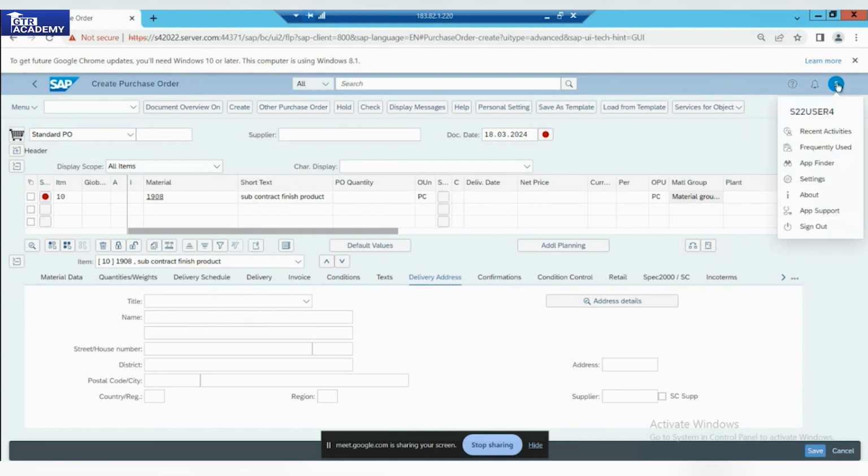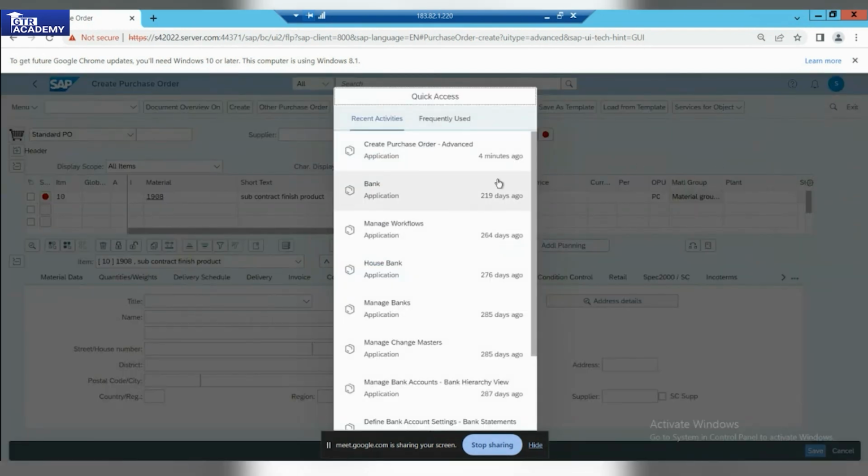Next comes all these settings. You have different settings. You can also go to recent activities. Let's say a user comes to you and says that this is a managed workflow application. Let's say I'll give you an example with this. A user comes to you and says, sir, we didn't open the managed workflow application and